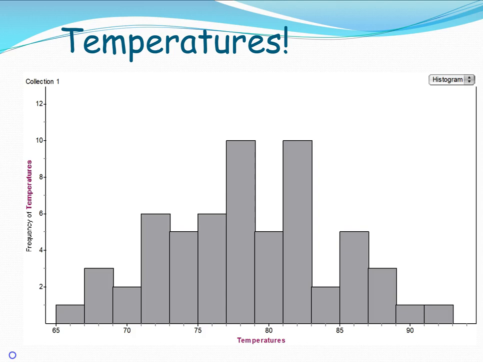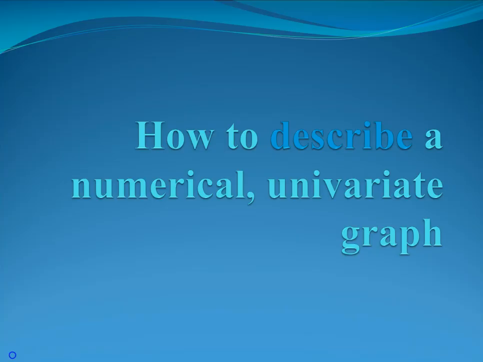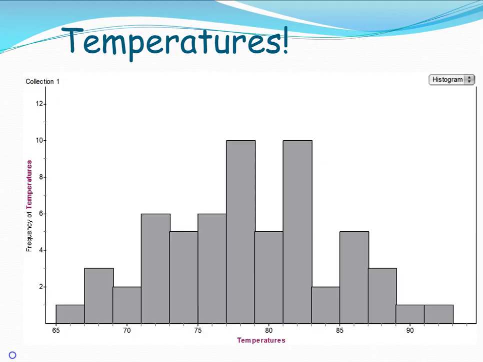So you notice across the bottom, we have temperatures. Oh, let me go back a minute. And then we have frequency on the left-hand axis, and we have a title up top, temperatures. Notice that the ranges for this histogram, the bars are touching, the ranges are all 2. So the first box is from 65 to 67, and then from 67 to 69, and then from 69 to 71, and so on and so on. If you need more time, press pause, but you want to make sure you write this down as an example